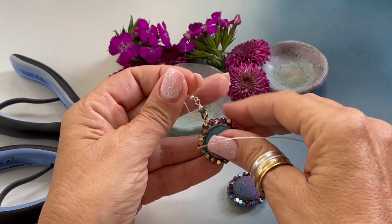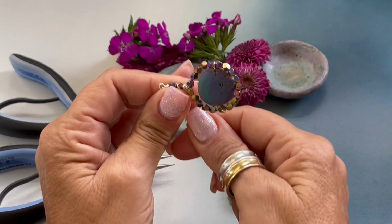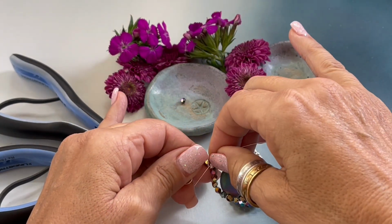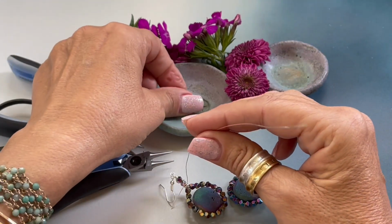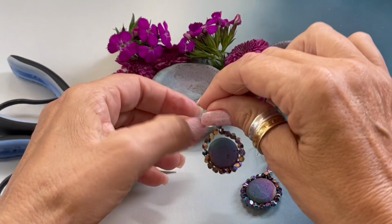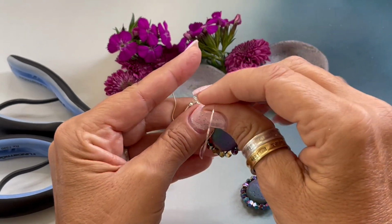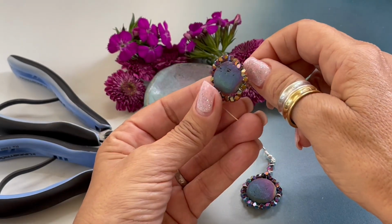Okay, and then let's find the front. And we're going to take that wire, we're going to place it there, and we're going to wrap 1, 2. And then I'm going to make a slight bend at the center. And I'm going to pick up another hematine bead. And I'm going to string that bead down. And I'm going to bend it. And I'm going to pass that wire